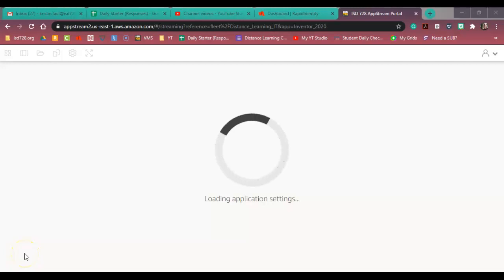Hey students, in this short video I'm going to show you what it looks like to create a cube in Autodesk Inventor. This will be using our Amazon AppStream, where we can access all of our professional level computer programs right through our Chromebook. At this point I have a seat in the AWS and I'm just waiting for all of my different